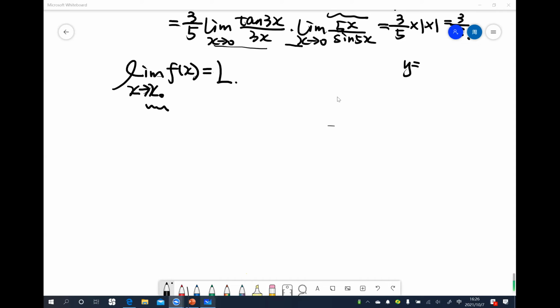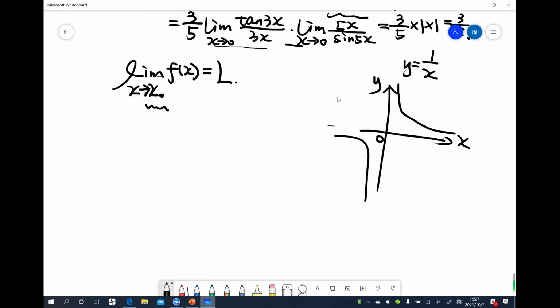Okay. So here we have seen this function before, that is 1 by x. Y equals 1 by x. And the graph of this function is like this. This is the x larger than 0 part, and this is the x smaller than 0 part. For this one, if we talk about x larger than 0, you can see